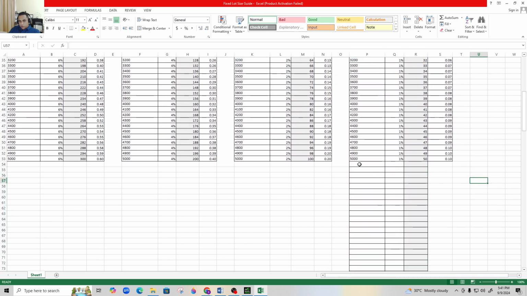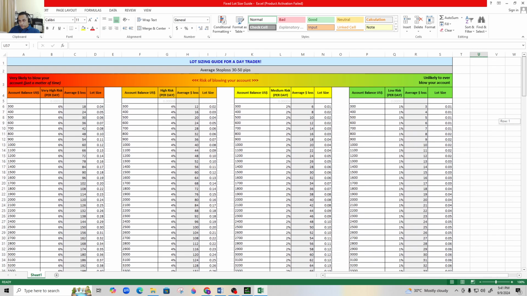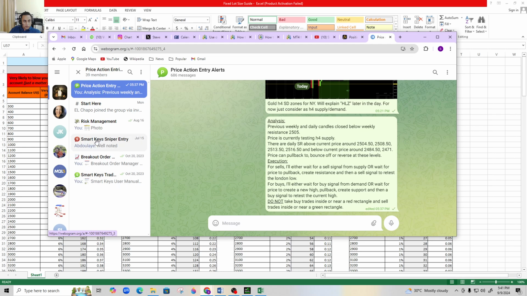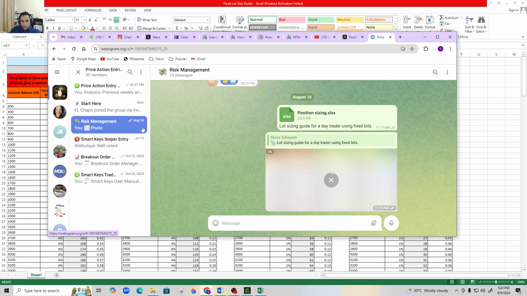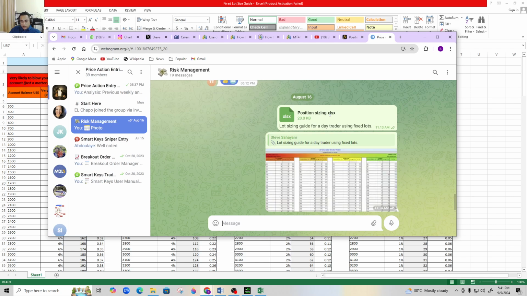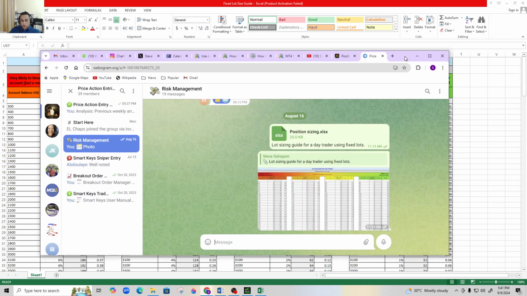Okay. So if you're in the group, there's a copy of this in the group, which is right here. If you go to risk management, under the risk management topic, you will see the Excel file here, and you'll see this is what it looks like. You can just download this file and use it, right? And I highly recommend that for